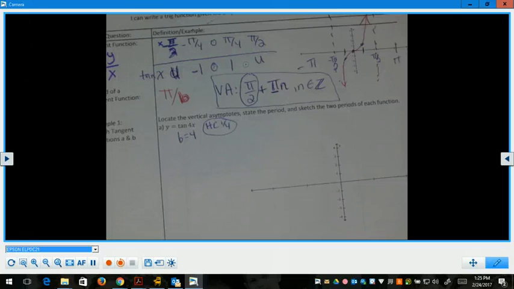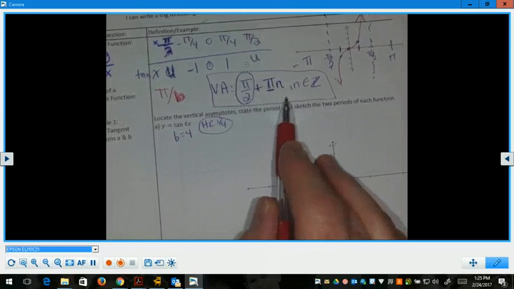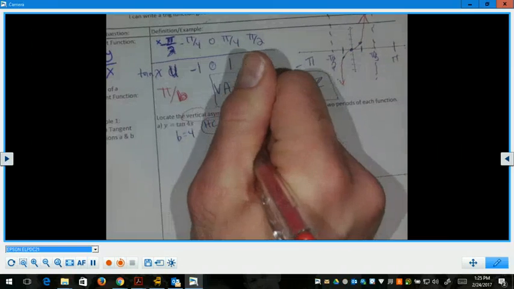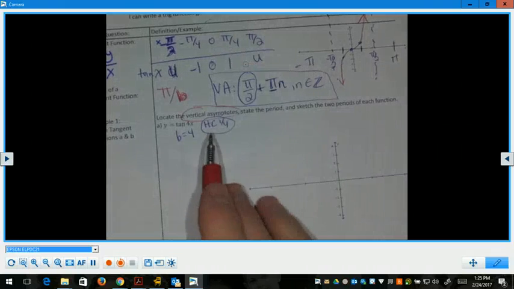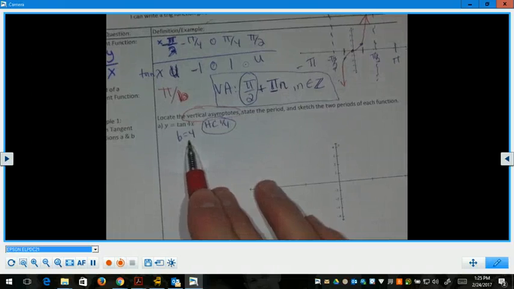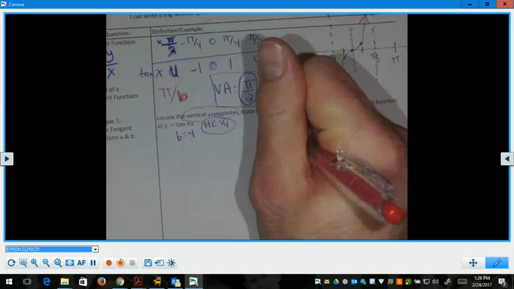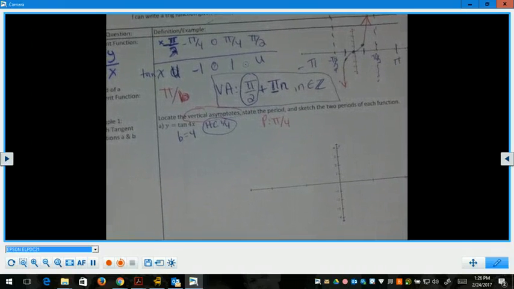Locating the vertical asymptotes, we'll do that at the end. We have to do kind of like we did up here, state where all of them will be. So we'll do that at the end once we actually know what our first one is. It's going to shift. It's not going to be pi over 2 anymore since we have a value for b. Stating the period is easy because that is pi over b, so the period is going to be pi over 4. And then sketching 2